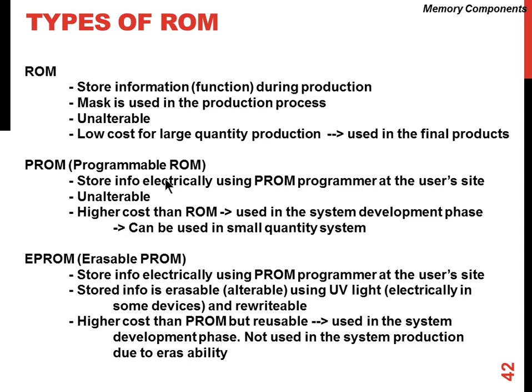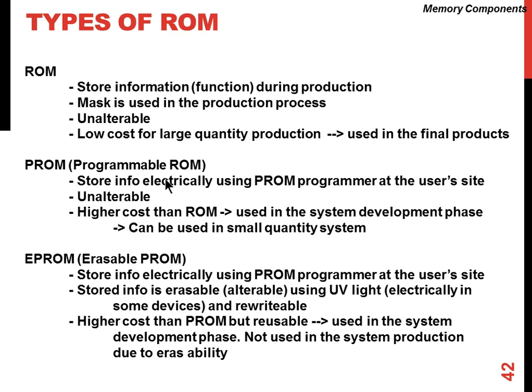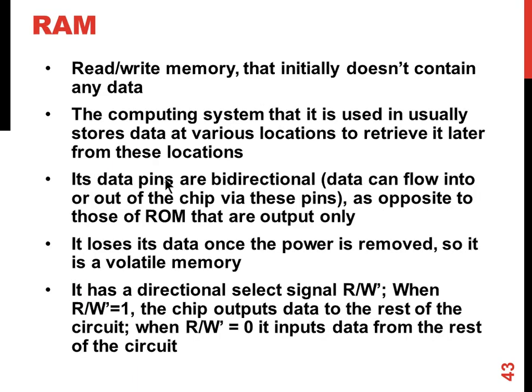Almost all of these that we use are basically volatile memories. They won't retain the values unless there is a power backup somewhere. If the power goes away, the memory loses the contents. So that's a volatile kind of memory. In case there is a power backup, it will retain the contents, then it can act like a non-volatile memory. So RAM is basically a read-write memory. We can read from the memory, we can write to the memory. Data pins,